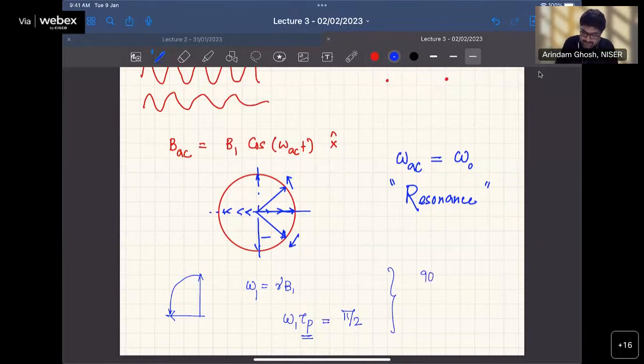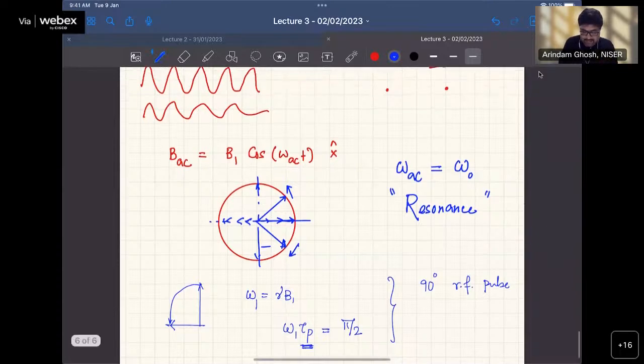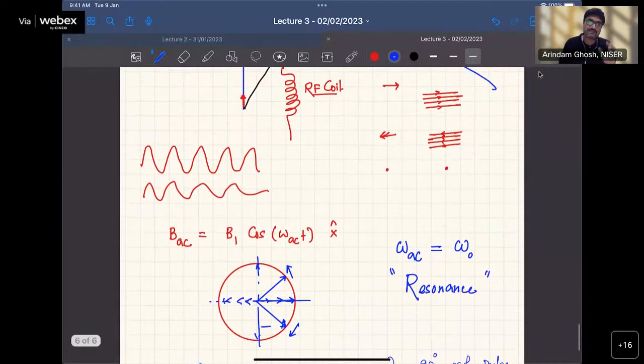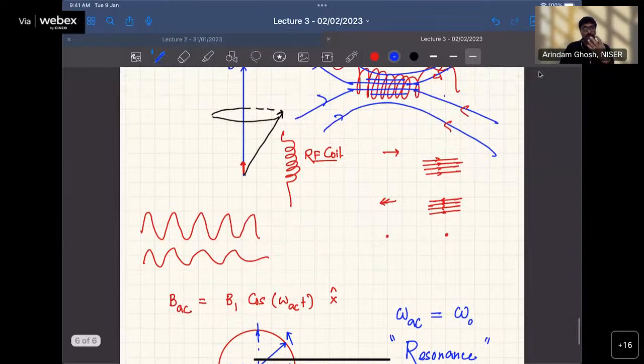It's called a 90-degree RF pulse. It simply means that you are switching on the pulse for exactly that amount of time such that omega 1 tau p, this product, is equal to 90 degrees, so that this bulk magnetization is tipped. And once it is tipped into the xy plane, it will start precessing again with the same frequency. Each one will have its own frequency according to its chemical shift, how much it is